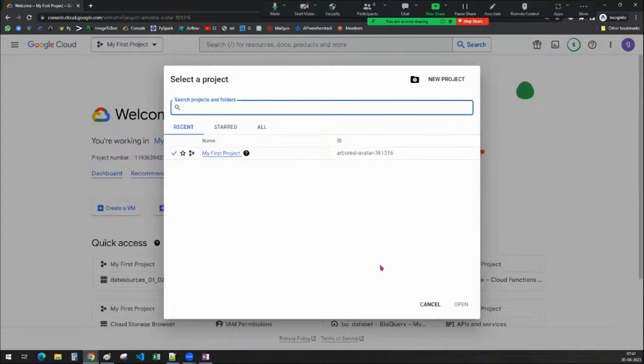Each and every product in the GCP can be tracked from the project only, and billing is also enabled from the project only. If you don't select a proper project, you cannot work with any of the resources. And one more thing, you have to enable billing, otherwise you are unable to work with the GCP services. And while you are working with any service, there will be an API. You have to enable the API. All these things are linked to a project only, because all the tracking of the billing will